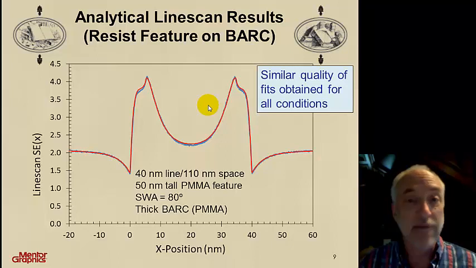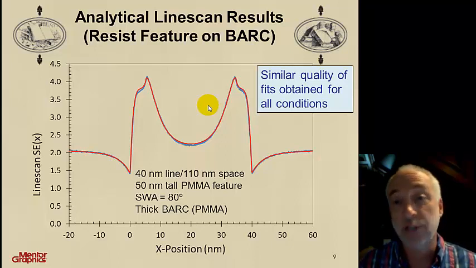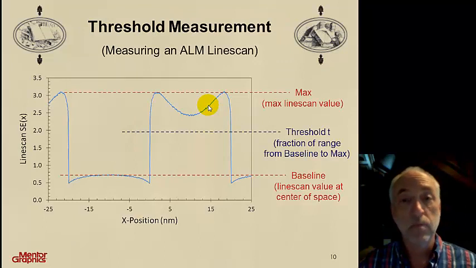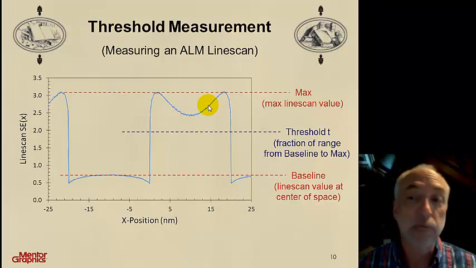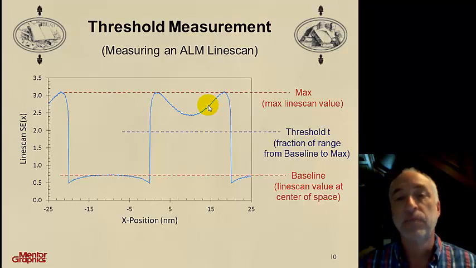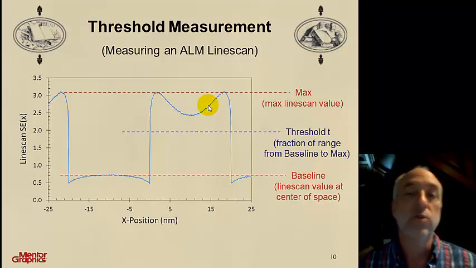All right, so now I've got an analytical line scan model that does a good job of matching the Monte Carlo simulations over a wide range of resist sizes and shapes. Then we're going to extract a CD value by using a simple threshold model. We'll pick a threshold level between a baseline and the max intensity, and we'll measure the width of that feature